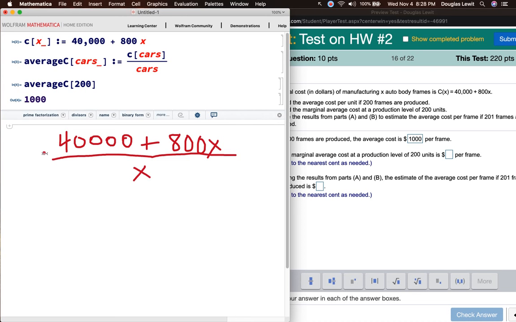This is the average cost function. So the marginal average cost is the derivative of the average cost function. So the average, I'm just going to write AVG for average,